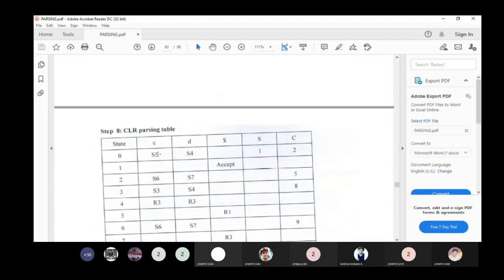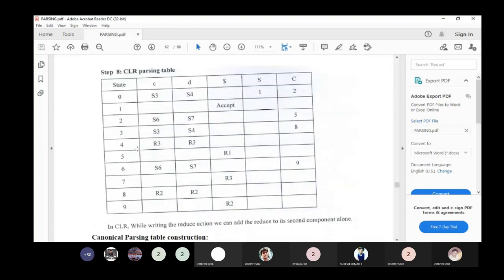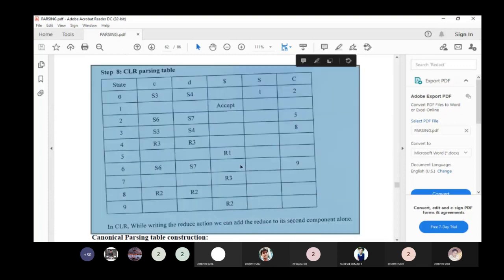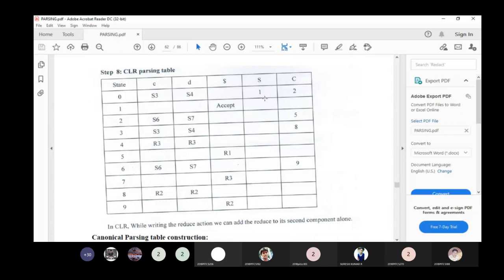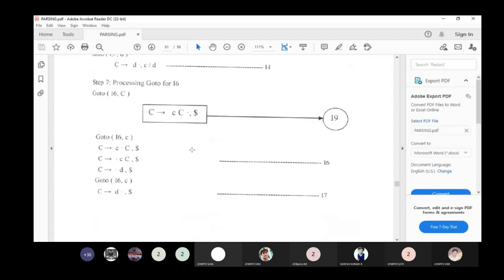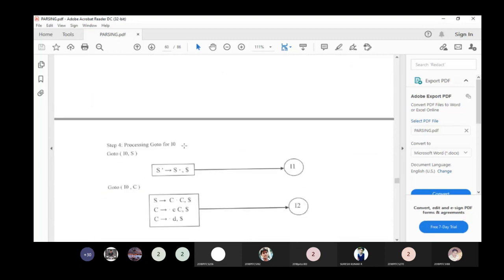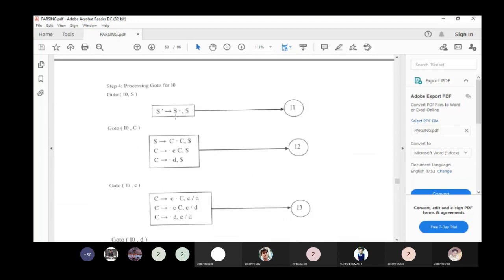After that, we have already seen the algorithm for how to fill the cells. Here you write the state, and on the top you write terminals and then non-terminals. If it is a non-terminal, goto of non-terminal: if it is in state i going to j, you fill i comma that non-terminal equal to j. If it is a terminal, you add sj. So first, goto of 0 for state 0 and non-terminal S, it goes to state 1. So for 0 and capital S, in that cell you fill 1.